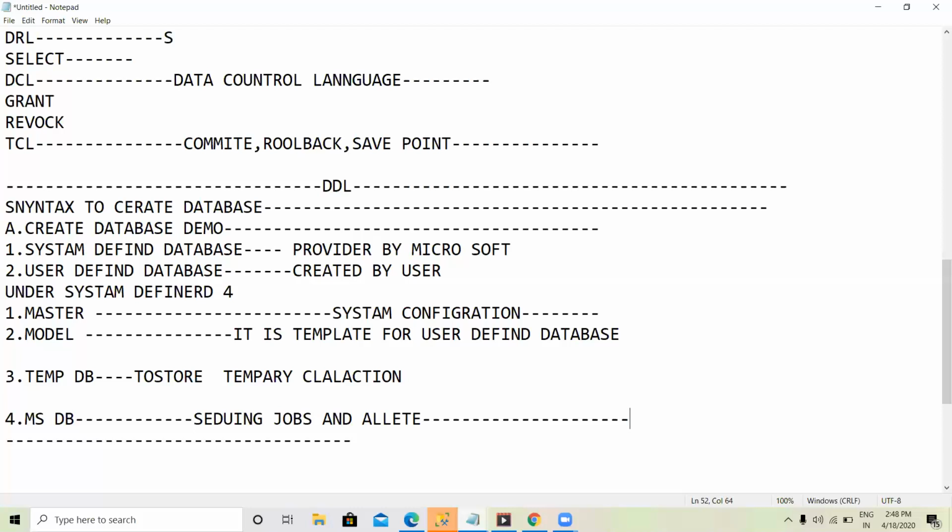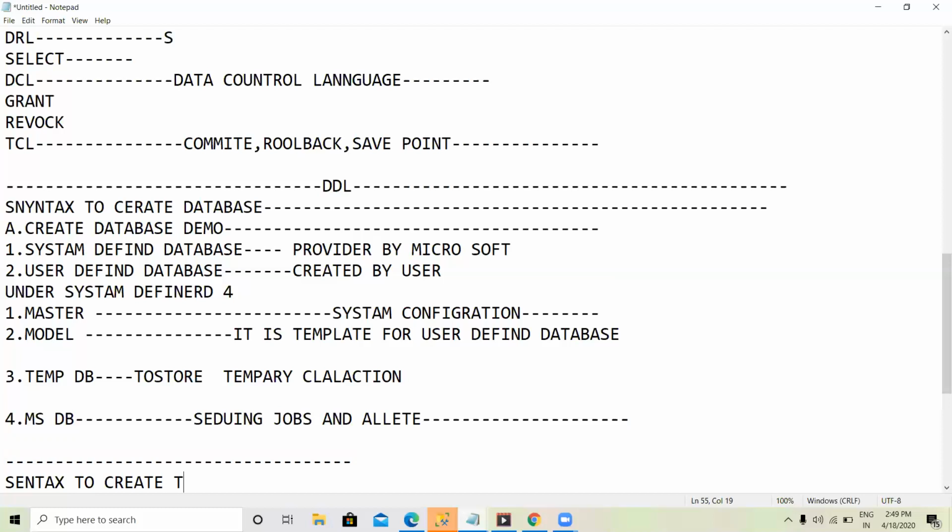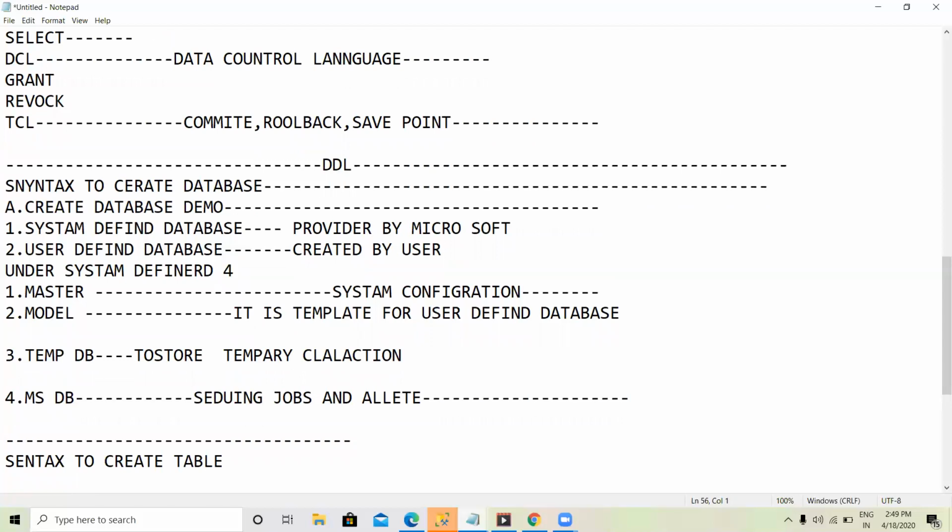Let us move to how to create a table. It is very important to create a table. The syntax to create a table: create table, table name, column name and data type.